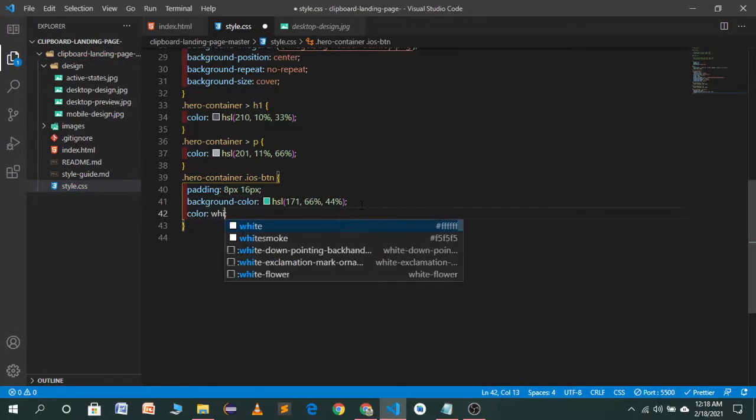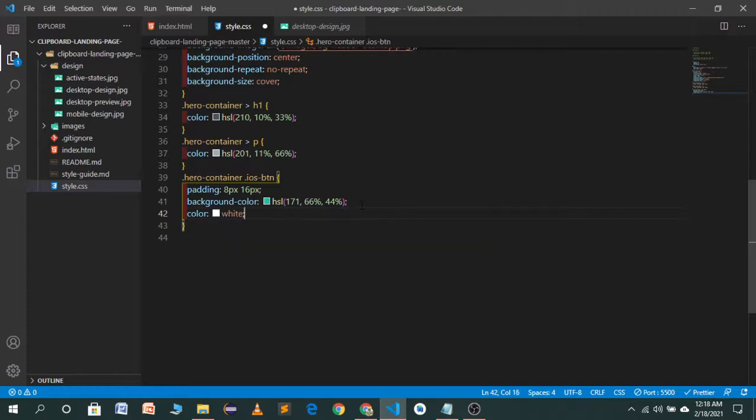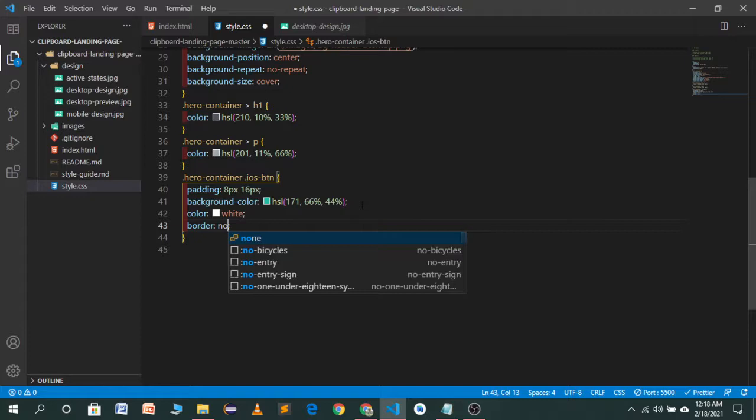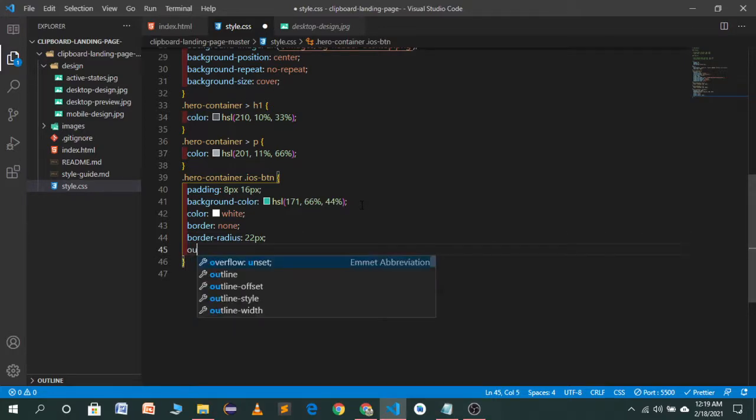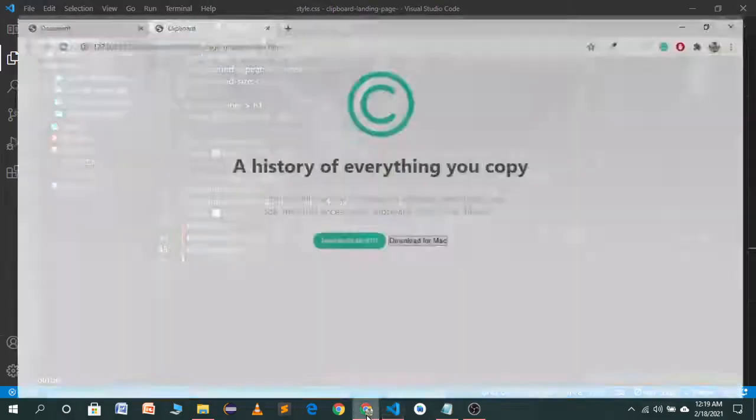Color will be white, border will be none, border radius will be 22 pixel, and then outline width will be 0. Now let's see how it looks.